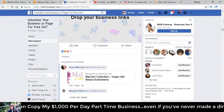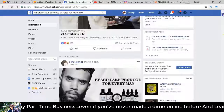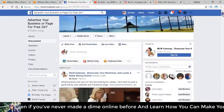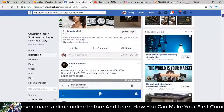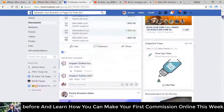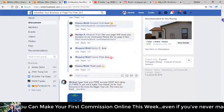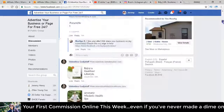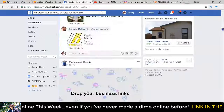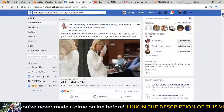The reason why it's a lot harder for some people is because everybody's in here promoting their group, their business at once. So you have to learn how to stand out, and you can just go through here and look at people's pages. They're not getting any likes or engagement. They're only getting 3. He's getting 14. Somebody here is getting a lot. So you've got to go through here and see who's getting engagement, what they're doing, and what's working and what's not. But what I typically see that works the best is using money pictures,